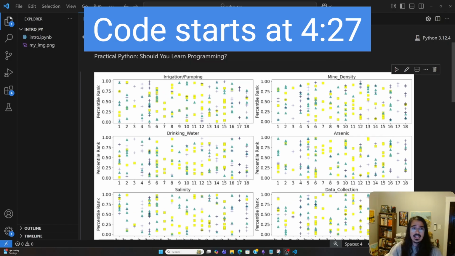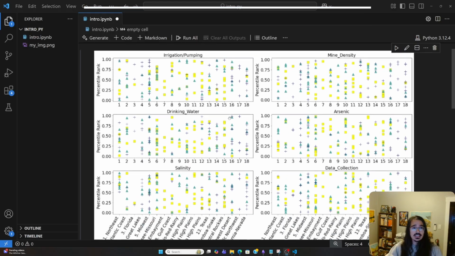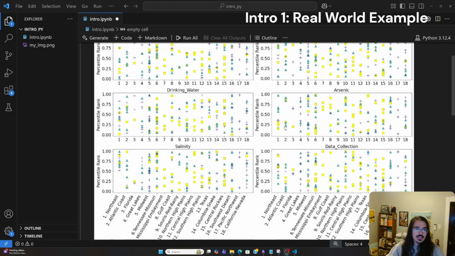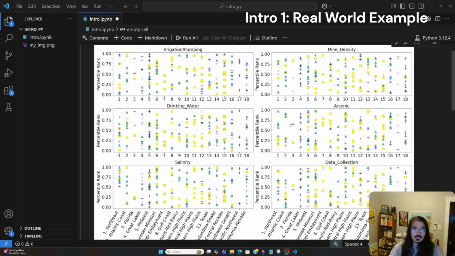And again, this is a very practical approach rather than the technicals of how the Python programming works. Here's a quick example, something I would have done at my job. But this is completely made up data, just randomly generated. In this example, we're looking at different variables in water. It could be the amount of irrigation happening there, the mine density, the amount of arsenic in it, a bunch of different variables. And what this plot is, let me zoom out a little bit,